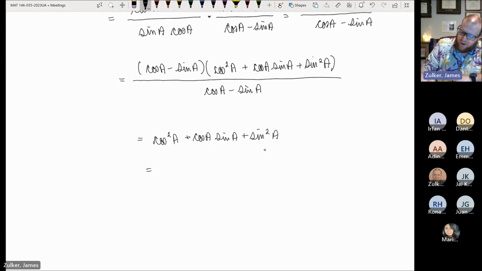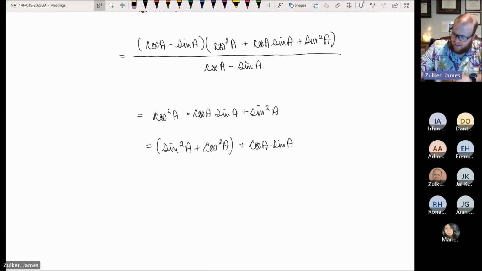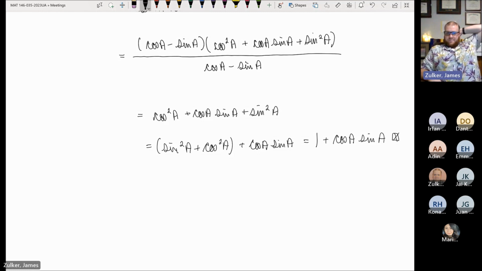So let's move this sine squared to the first term and then group sine squared plus cosine squared together. Sine squared plus cosine squared is 1. And so we're left with 1 plus,